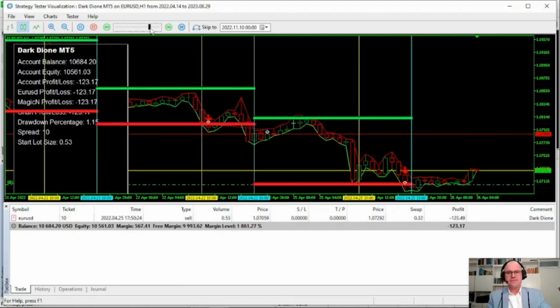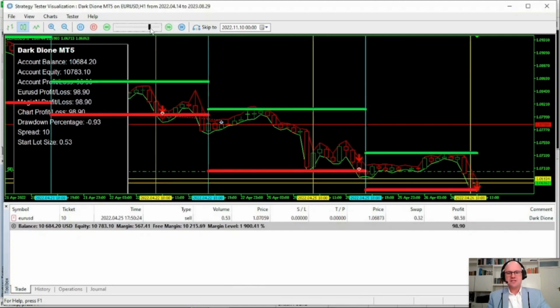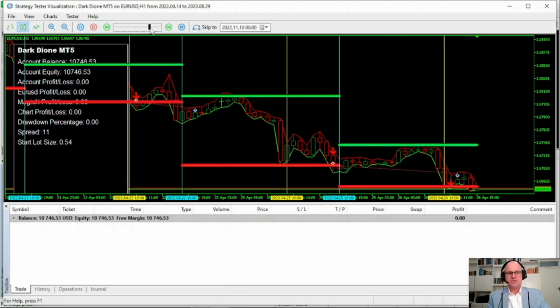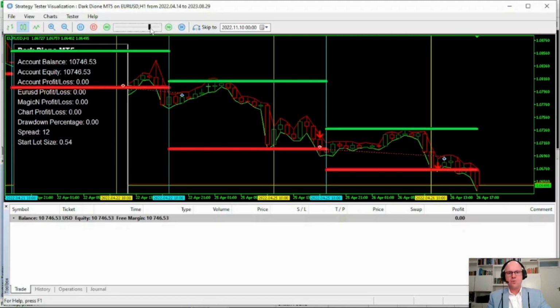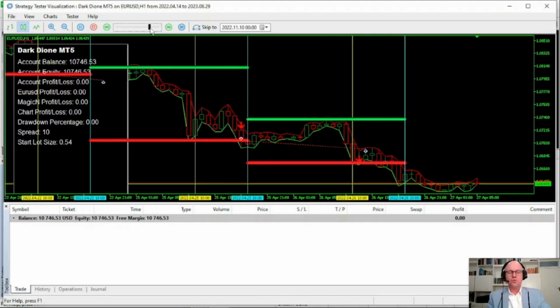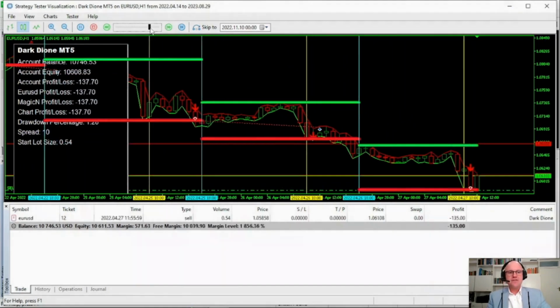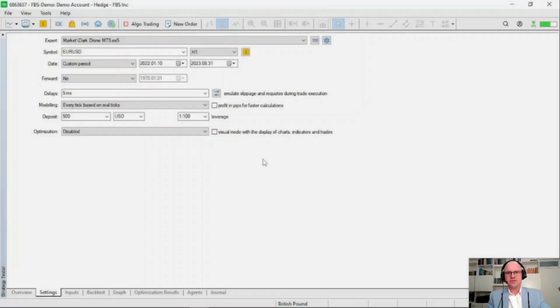So by following these same steps, it looks for market breakouts during a specific range, which as we'll see from the test can work very well in trending market conditions. So what we're going to do next is explore the exact settings that the expert advisor uses to generate these types of results.